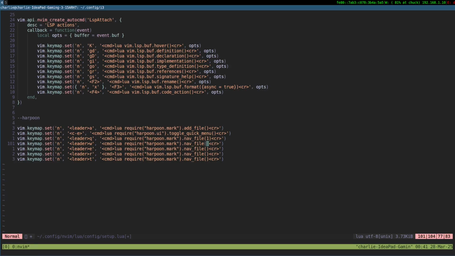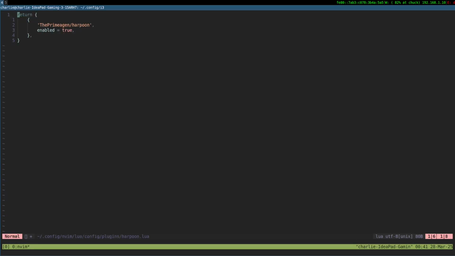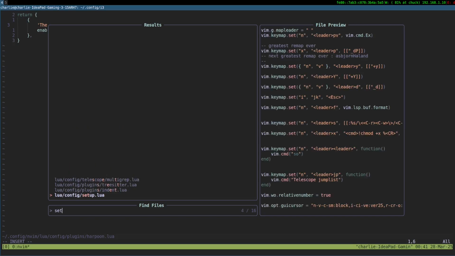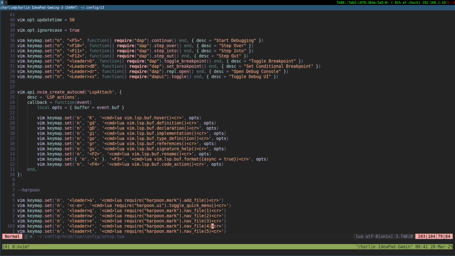Sorry, 1, 2, 3, 4, 5. Okay. Cool. Okay. Harpoon is marked. Oh, sorry. Setup. Oh, my bad. UI.